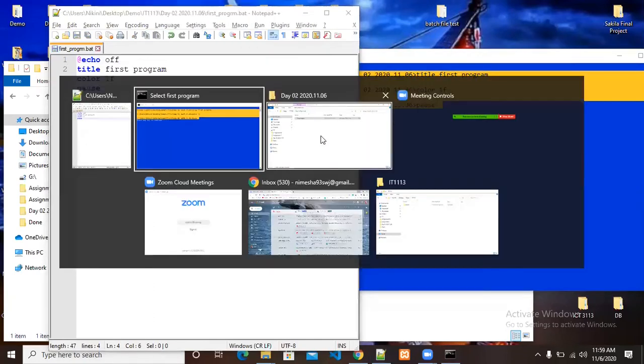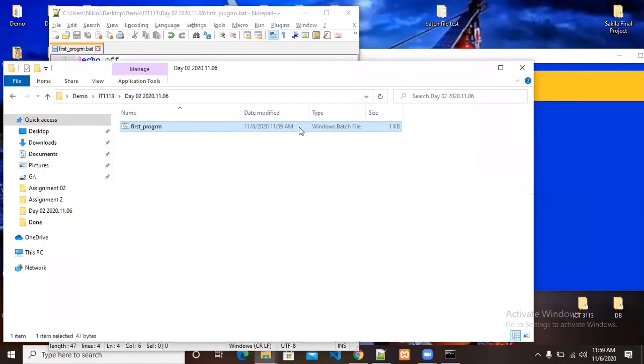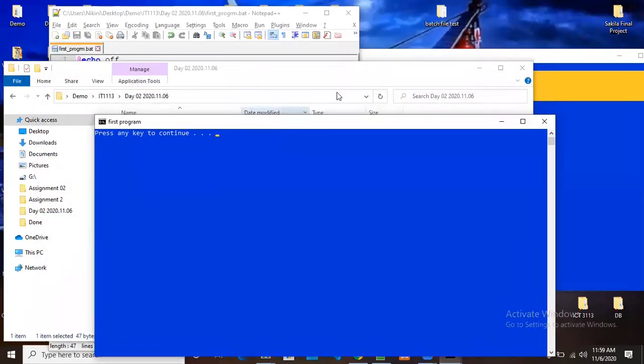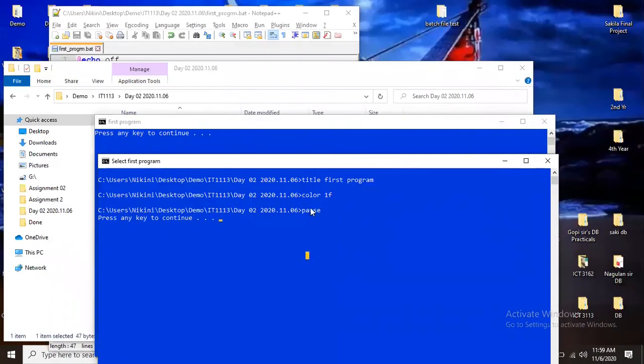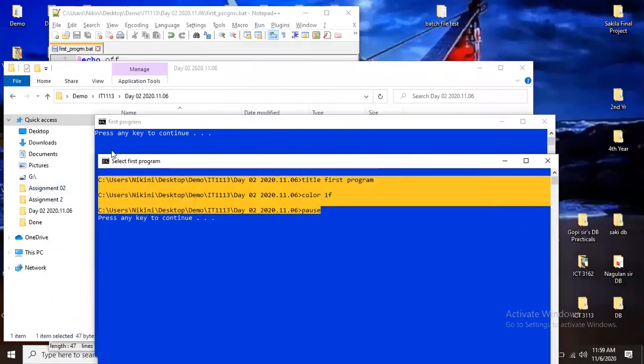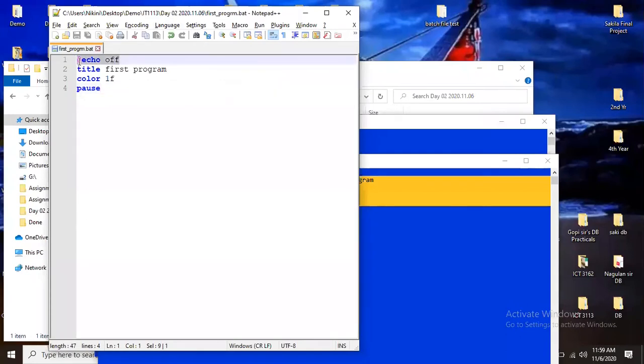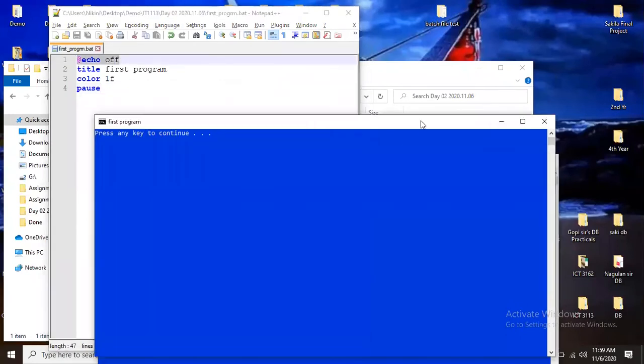Okay, here, let me show you. Double click it here. See, just only see the difference. This is without echo off. This is with echo off. You got it now? After you type @echo off, you only show the things that the user needs to know, nothing else. Origin place. Okay, is it clear now?